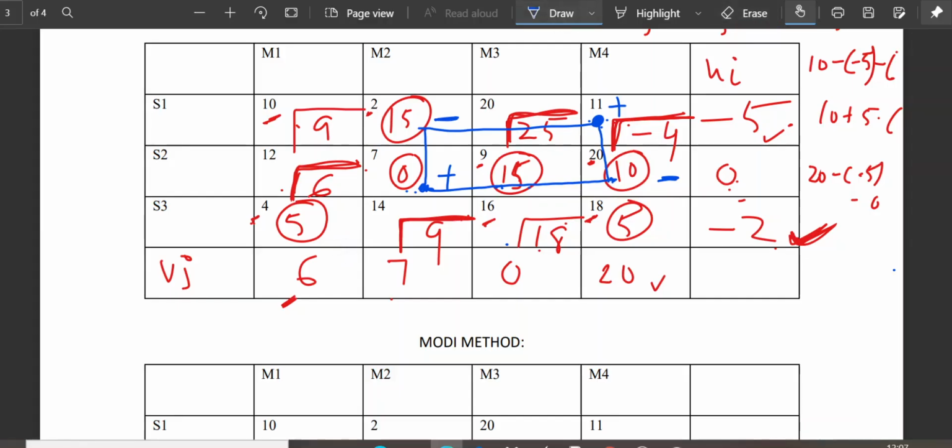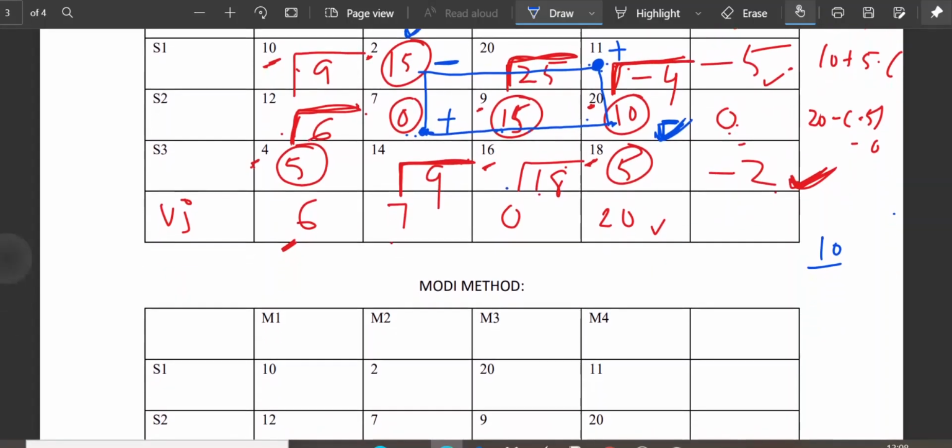Now how will we modify our table? Among the negative cells, see what is written in the circles. In one circle it is 10, in another circle it is 15. So choose the smallest one. The smallest one is 10. Okay, so in the next table we will add 10 where we started, and we will add 10 at the plus signs, and we will remove 10 from where we selected. I have selected 10 from here, so I will remove 10 from here, and I will subtract 10 here because here I have a negative sign. See the corresponding changes I am making.